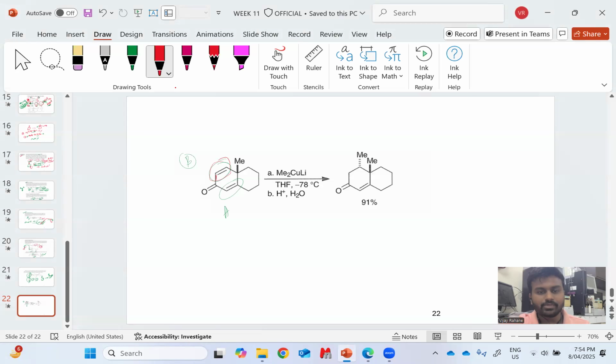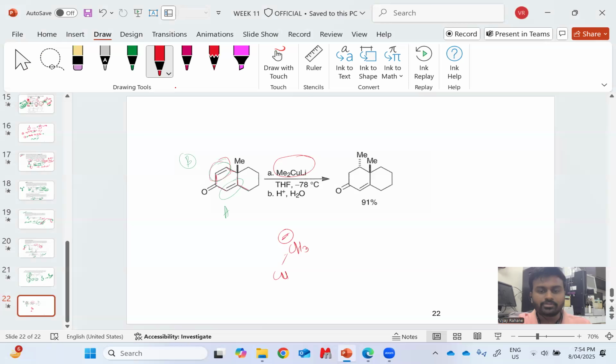So it has only two R groups, while in this case it has three R groups. And if you add this methyl, that's the copper based reagent, dimethyl copper lithium. So here this is the source of the nucleophilic methyl group, right? And this entire methyl group migrates from this copper,